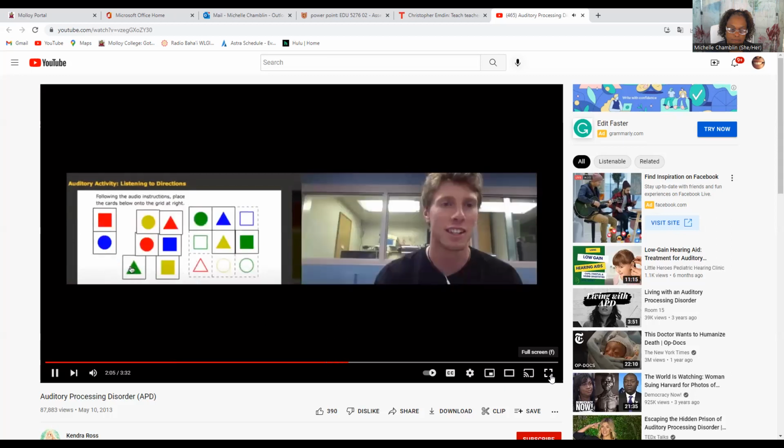One's gonna get this right. Who cares? Everything else, square with the red circle. Put the blue triangle on the spot below the green square. You can see. Wait, put the red triangle over the yellow shape. Put the yellow circle on the last empty space. Everyone done? No. Flip your cards over.